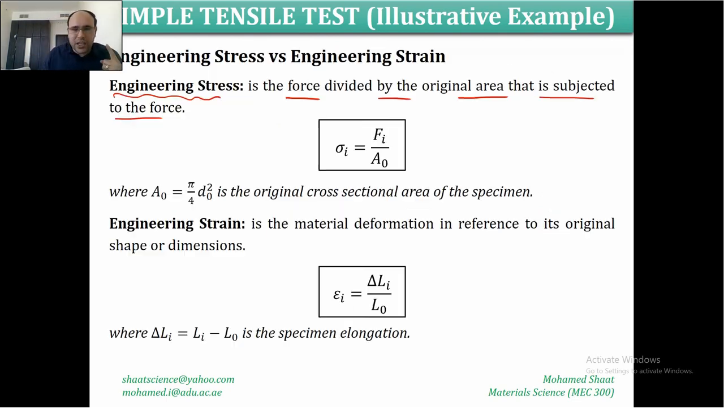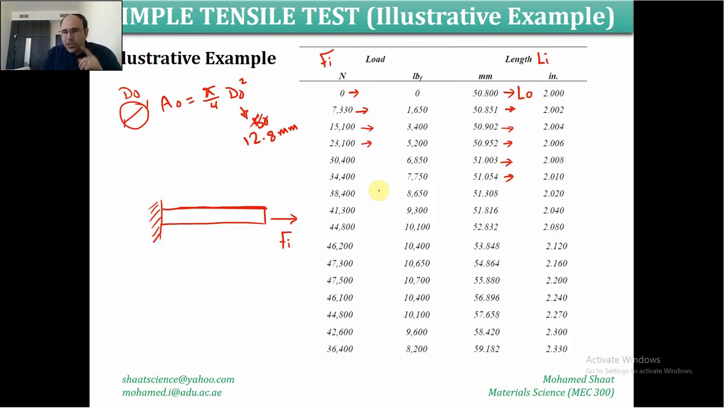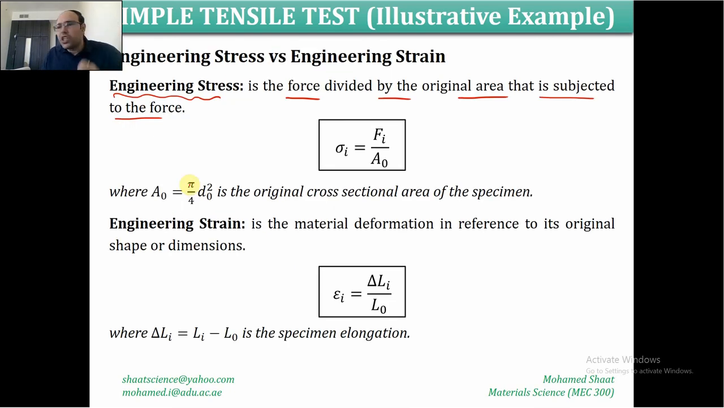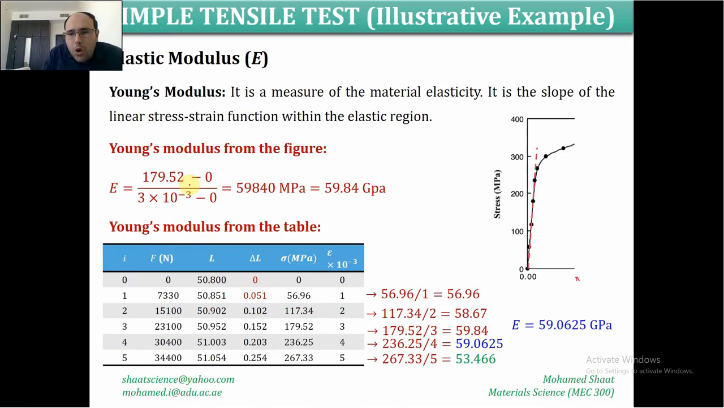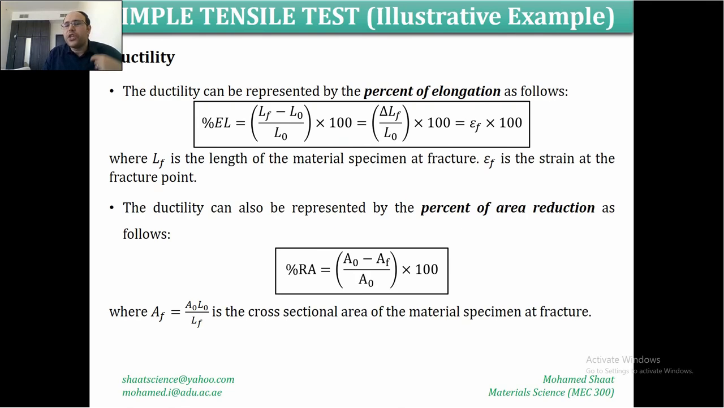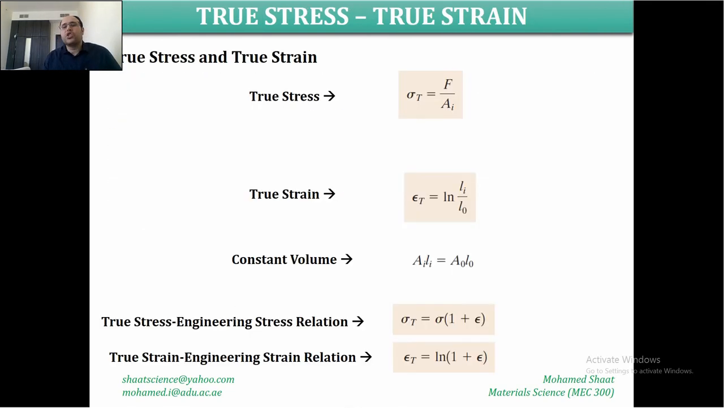But if we divide over the original area, all the time dividing by the original area, at this force, for example, the true, exact area is not the original area anymore. It will be a new, smaller area. If we divide over the original area, this is going to give us the engineering stress. But if we divide over the instantaneous area, the new area, this is going to give us the true